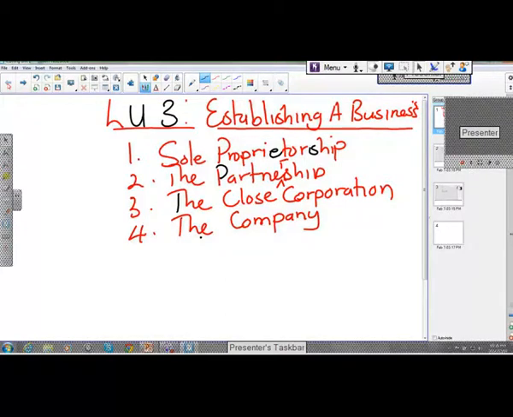A partnership is whereby two or twenty people come together and start a business. You are pooling your resources together, that is your capital, your knowledge, and your skills, and you are establishing your business. Of course, you sit down and agree on how you are going to operate. You set up what you call a partnership agreement. And when you set up a partnership agreement, it tells us who owns what share, what percentage, who has contributed this much, and how we are going to share our profit or losses.